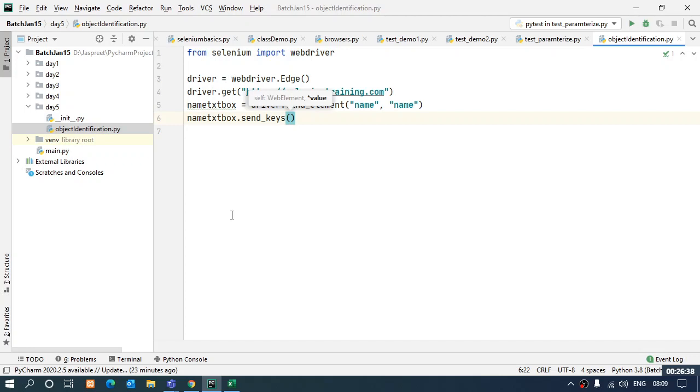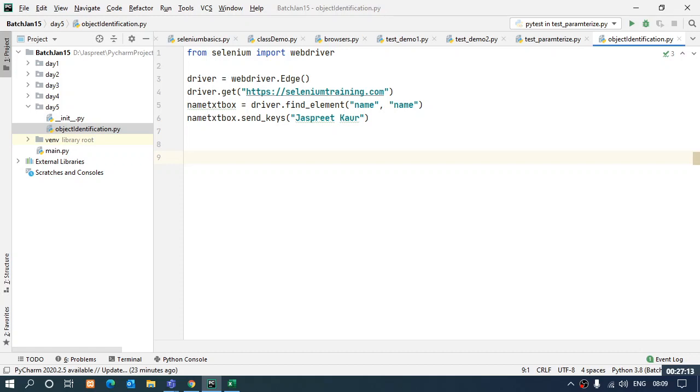So I'll use that function send keys over here, and I'll pass on my name so that that text box can be populated with my name. Right. This way. And at the end, this is just my practice that I follow: every time I automate some URL, some browser, I make sure that my browser is not left open at the end after execution, because I don't want extra browsers kept open in my taskbar. I just want to close them after execution.